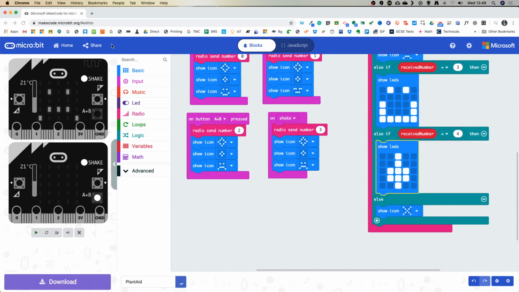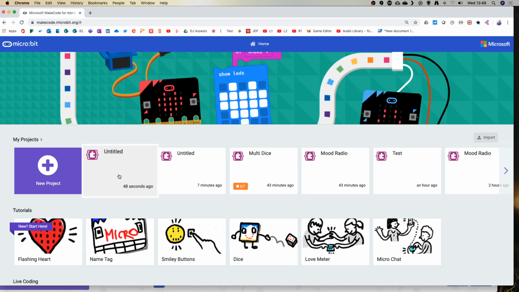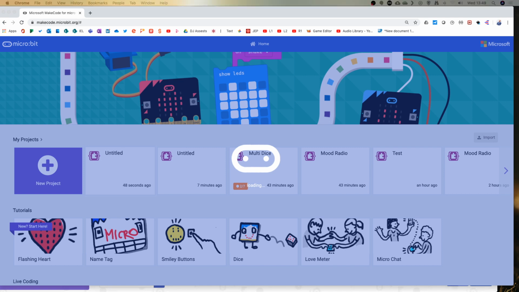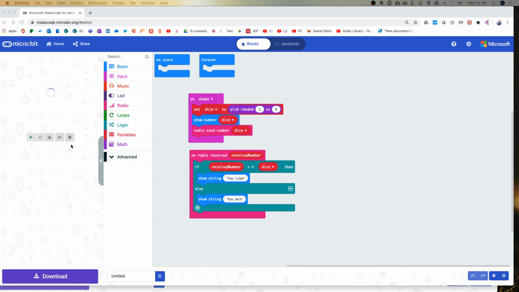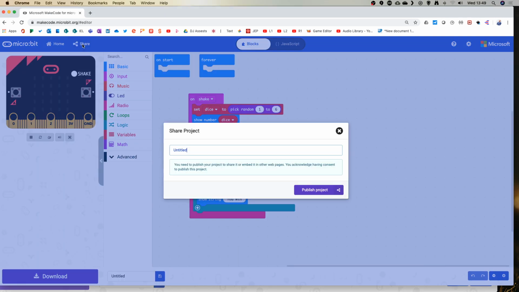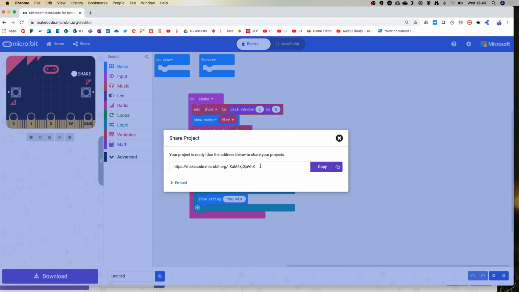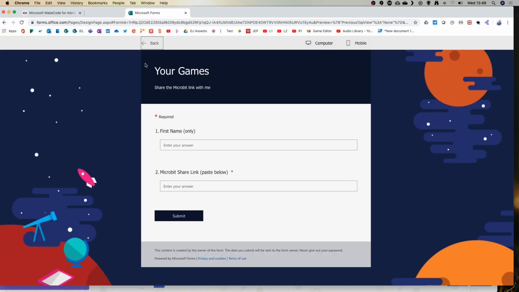And just to repeat for that, to get your code out, I'll load up my last game. If we go to Untitled here, just as I show you what the form looks like. So as you drag out any of your games, what you will be able to do is click share, publish your project, and it will give you a code. If you copy that code and then click the link in the description for this